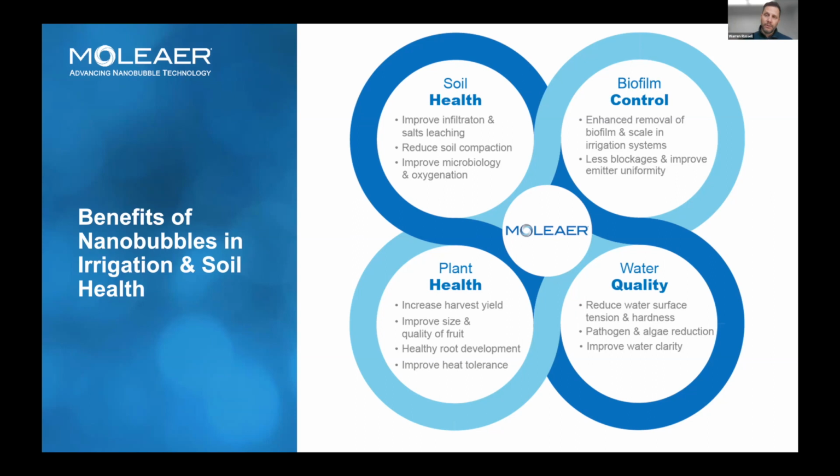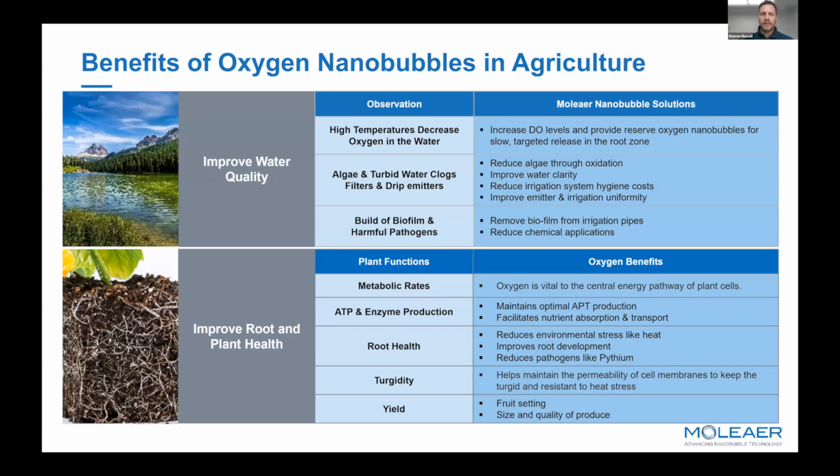And what we typically see as a result or derivative of all of that is an improvement in fruit caliber or vegetable caliber, as well as crop quality, and consequently the opportunity for a yield improvement is right there. So we divide the benefits of oxygen nanobubbles into really two principal categories, specifically as it relates to oxygen. Again, these are all relatively known and well understood principles at this stage, but improving water quality, we